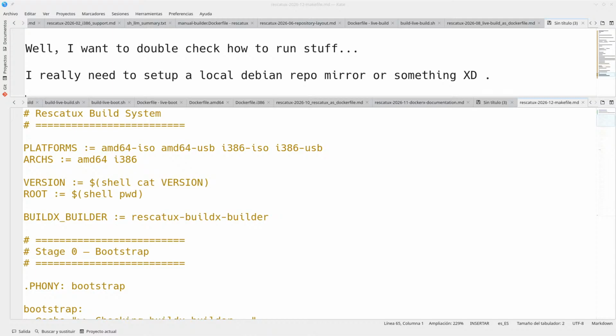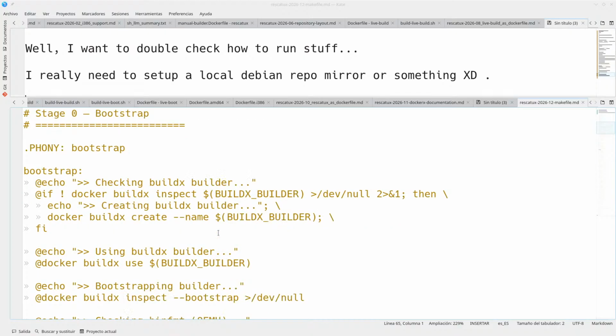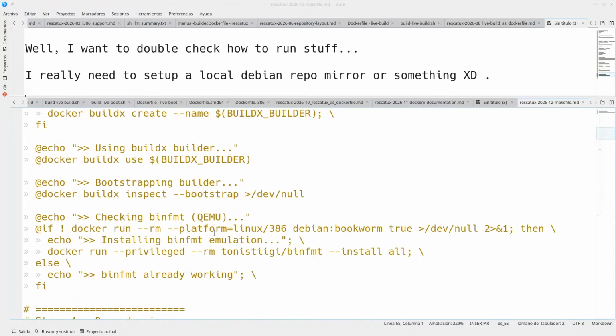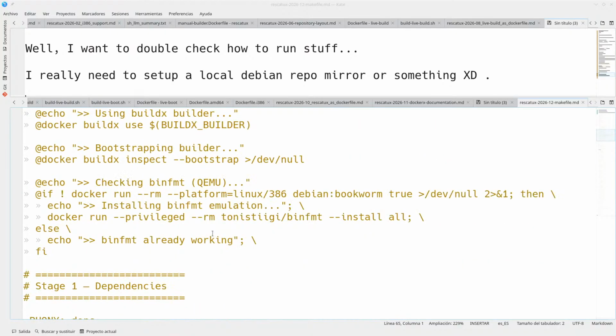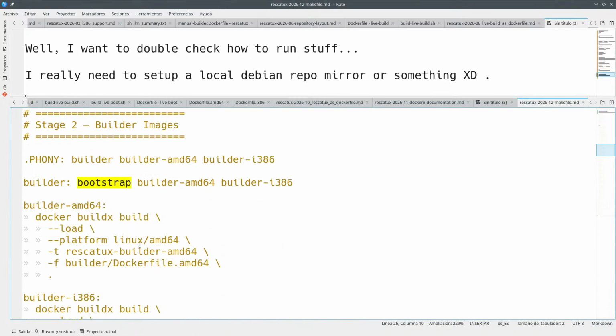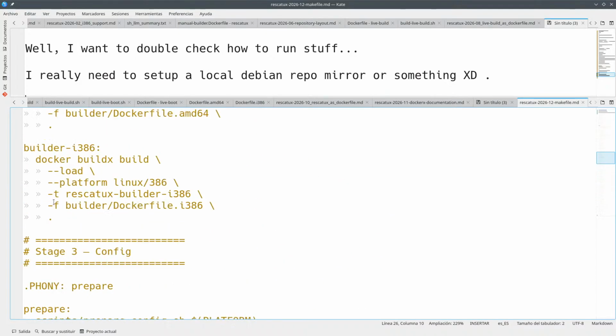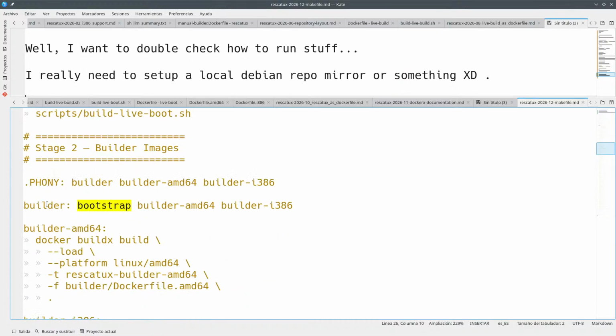Where is this? Okay, so if I'm not mistaken, in order to do the bootstrap, I was supposed to. Yeah, so apparently I am supposed to be running make builder,